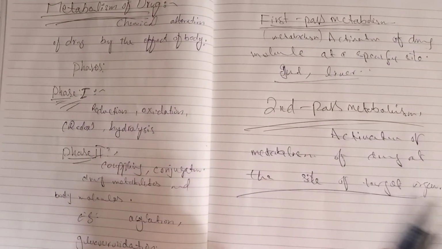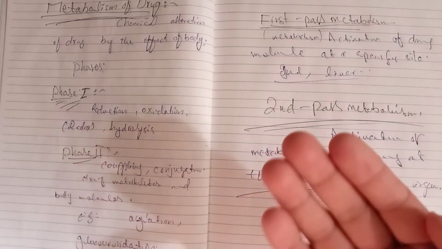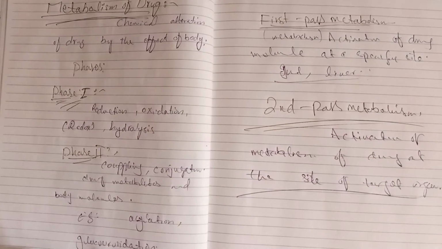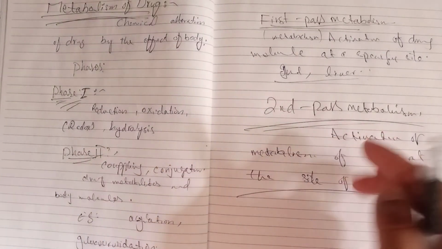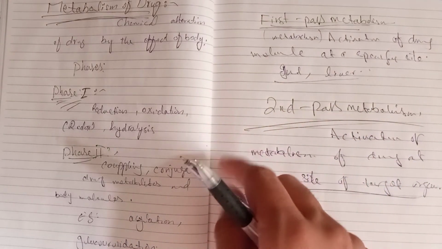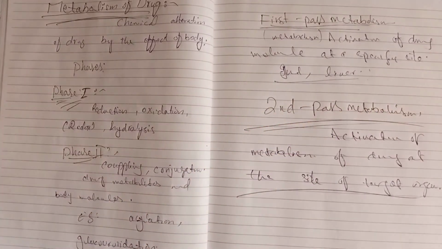Metabolism is the chemical alteration of the drug by the body. It has two phases, phase 1 and phase 2, and we also learned about first pass and second pass. I think you are clear about this, and if you have any question about